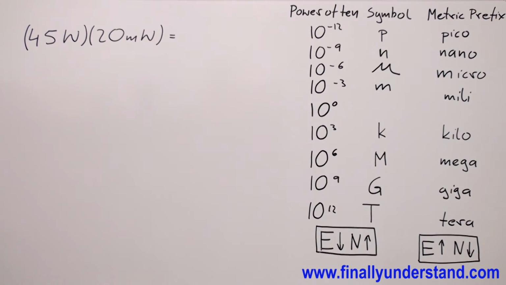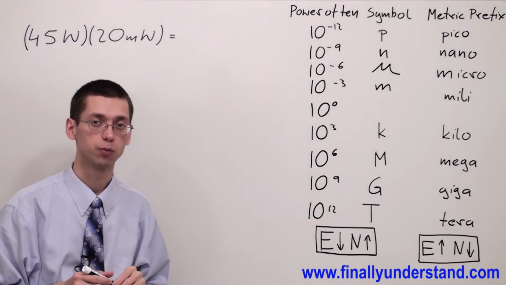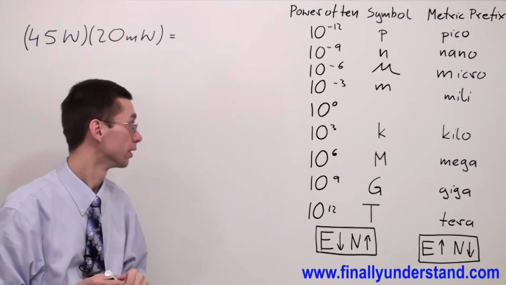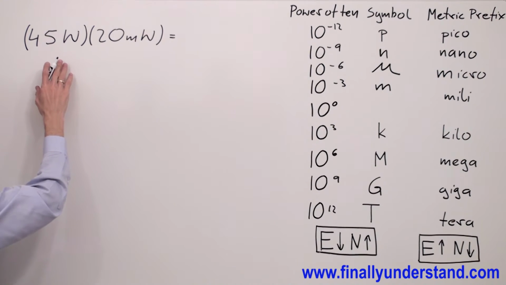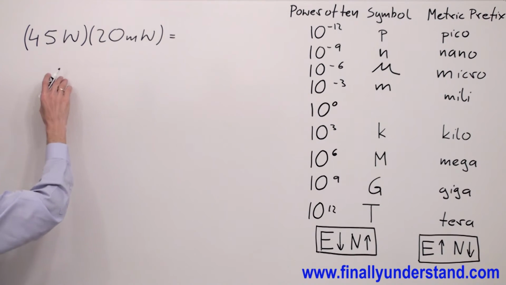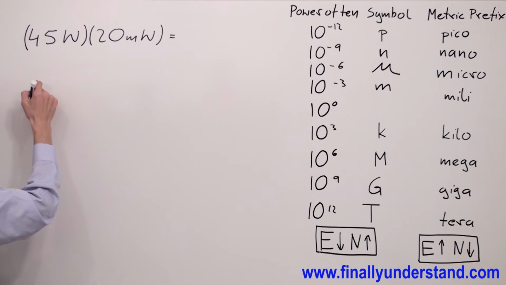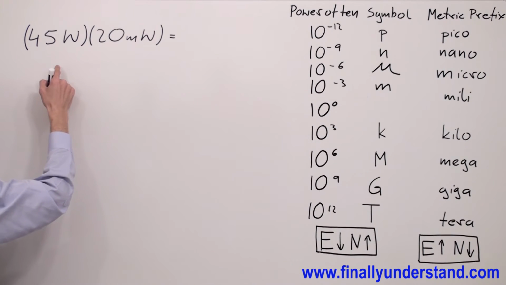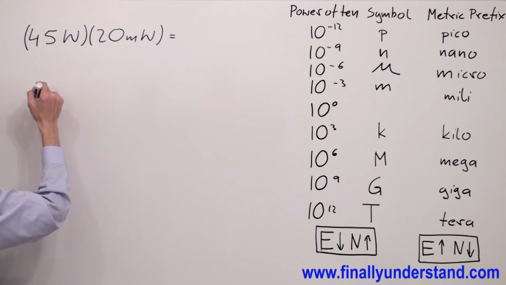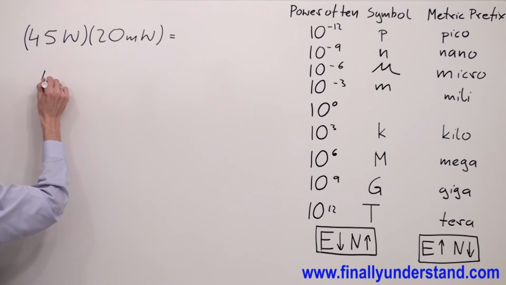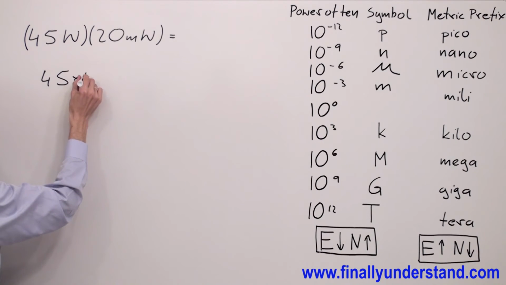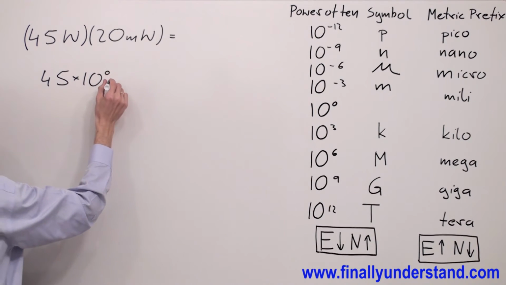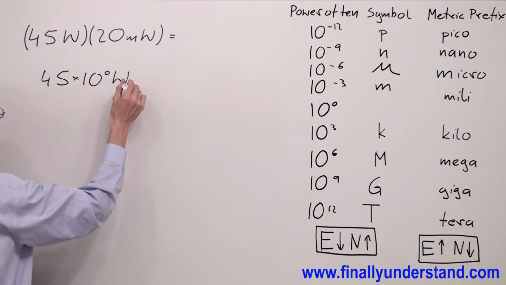Let's take a look at this example, and like always, I'm going to do everything step by step in order to make you understand what's going on with these prefixes, powers of 10, and the units of measure. First, I'm going to convert prefixes to the powers of 10. I have 45, and because I have no prefix, I'm going to write over here times 10 to 0 watts